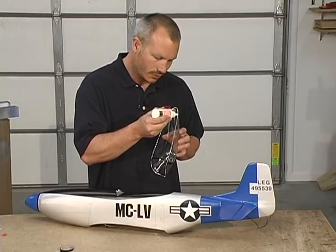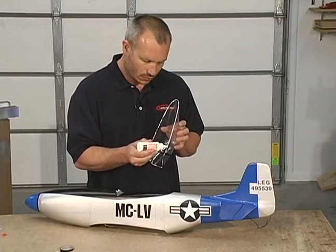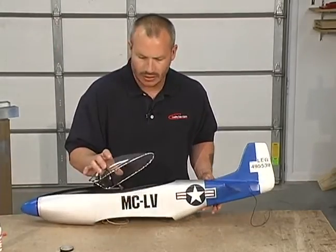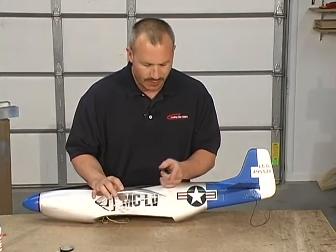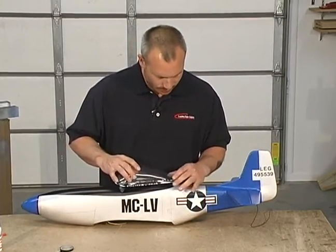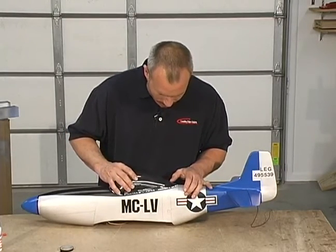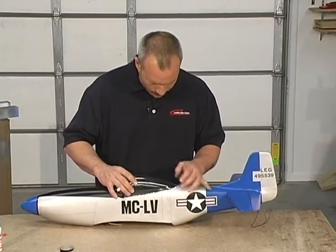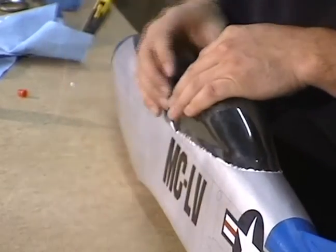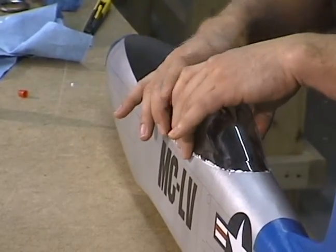Put a little bit more here. Okay, let's get this positioned down in. One thing about the P51 canopy, the very back end of the canopy sat just behind the wing saddle, so it's going to go, look in there, just right here where I've already outlined it in black. Get it down here, and positioned. Once it's down here in place,